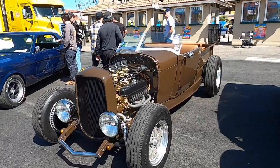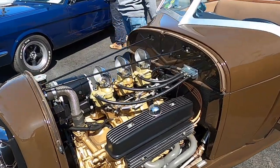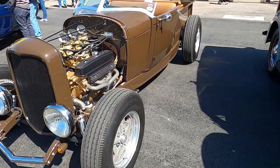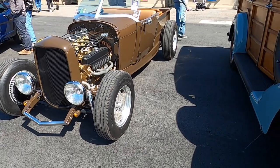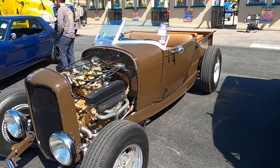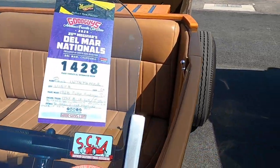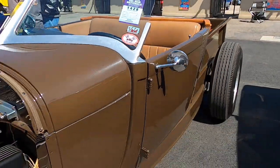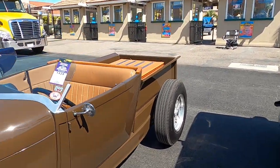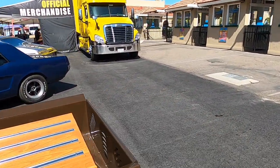All right, here's a '28-'29 A pickup, a roadster pickup with the Buick Nailhead in it. This thing's checking all the boxes for me. I like the color on this. I mean, don't get me wrong, it's baby diarrhea brown, but the Duval windshield, simple but effective interior. I'm not a huge fan of the '28-'29 As, but this one works really good, sitting on